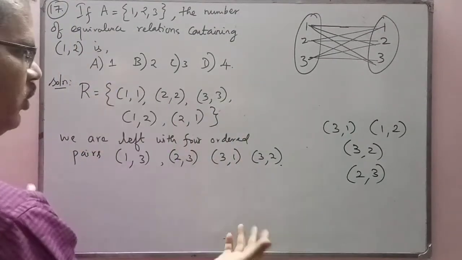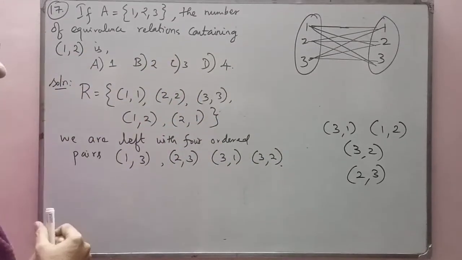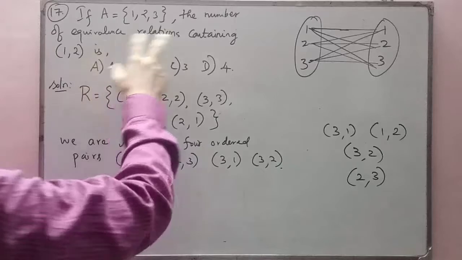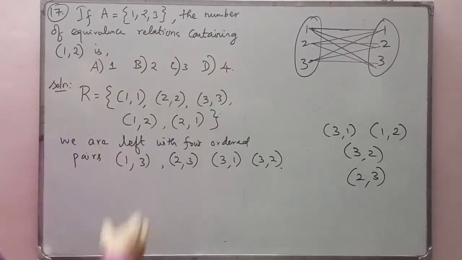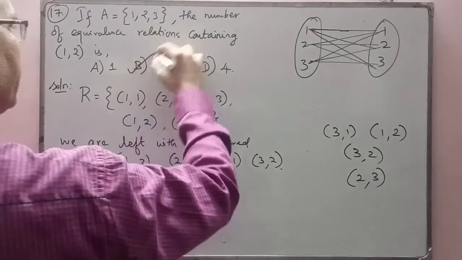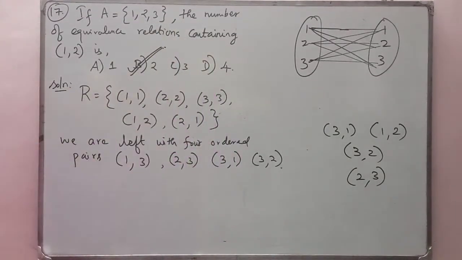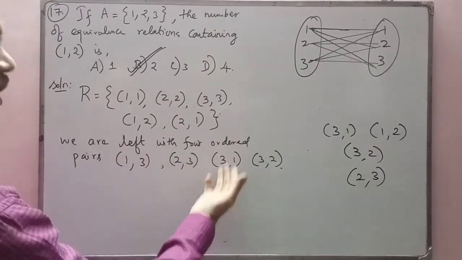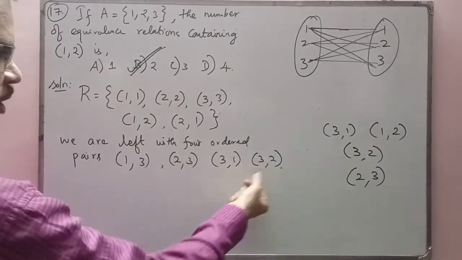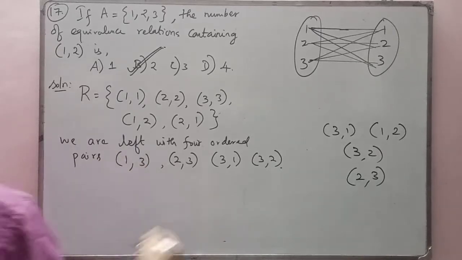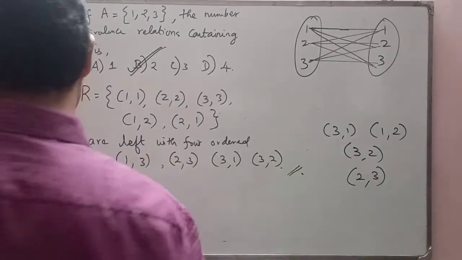Apart from that, if you go, you will include all the 4 ordered pairs and you will make the biggest equivalence relation. So the number of equivalence relations containing 1, 2 is 1 and 1 more. So your correct option is 2. 1 is here. If you try to write 1, 3, you are including 3, 1. To maintain transitivity, you include 3, 2, and for symmetry 2, 3. So you have 2 options possible. This completes the solution, children.